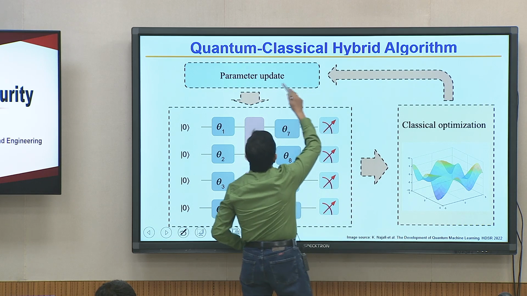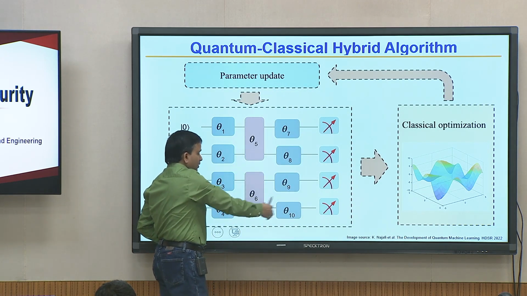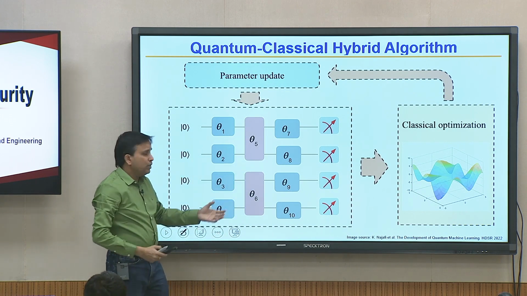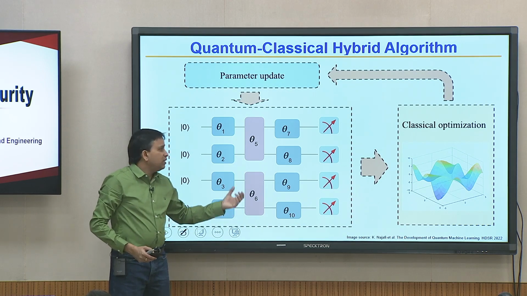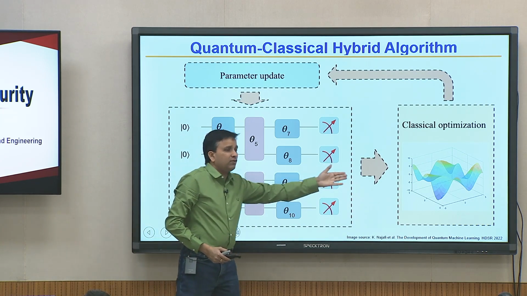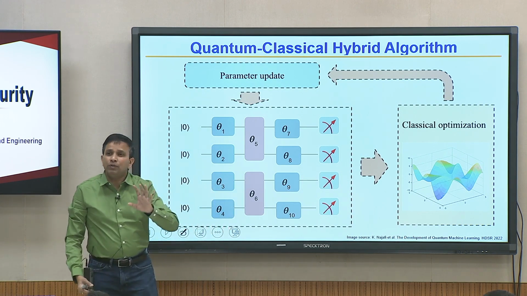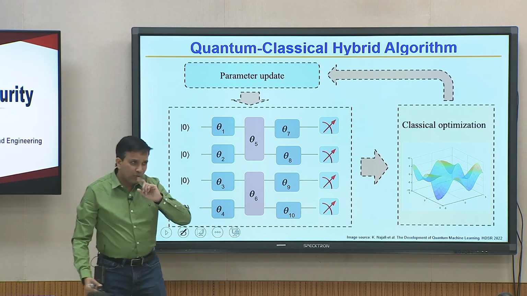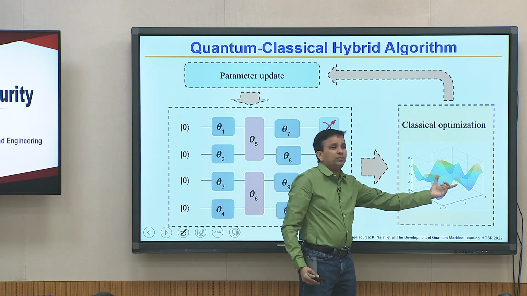The classical computer will give the feedback, and those parameters, think of them as adder, subtractor, whatever you want to visualize, if that is actually not true, then those can be parameterized. So, parameter values will change, it will do the computation again, and you again look at the trajectory. Ideally you want to converge in one or two iterations. Although it is called quantum machine learning, the actual machine learning is running on the classical computer.